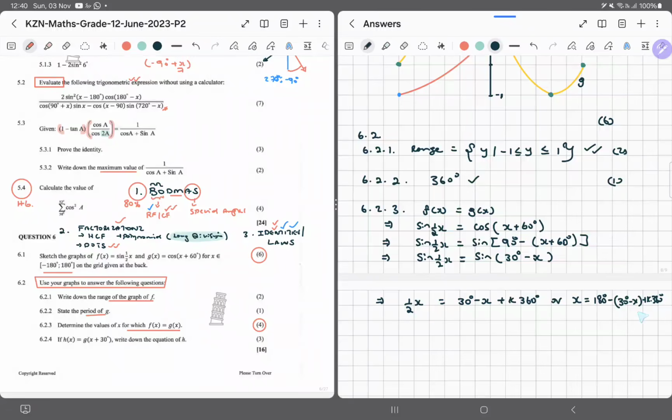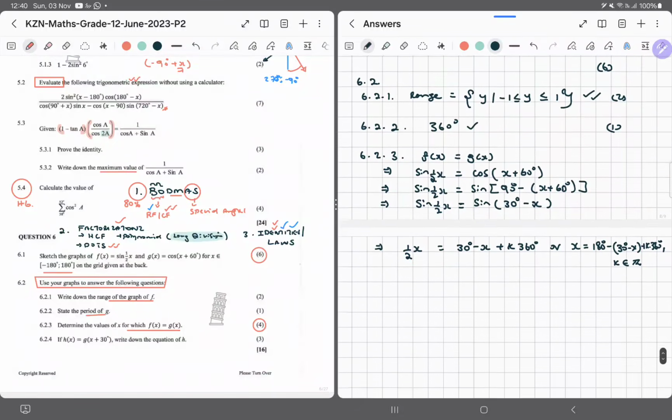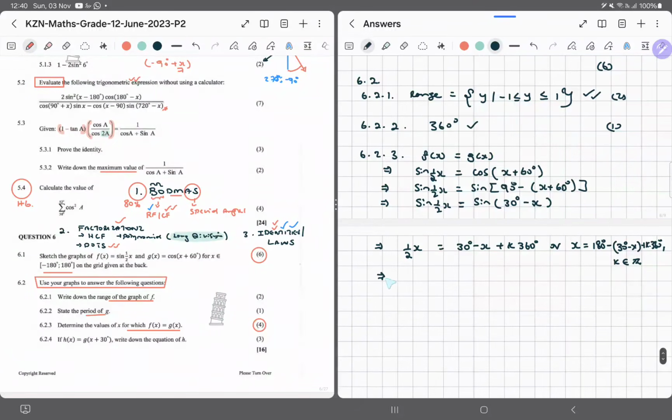This is where k is an element of integers. I always like to do my general solutions for points of intersection to avoid trouble. But if you're not confident, you may not need to. Okay, so what do we do? We transpose the x, so a half plus x is going to be 1,5, right? So that is 3 over 2 x is equal to 30 degrees plus k times 360 degrees, or x is equal to